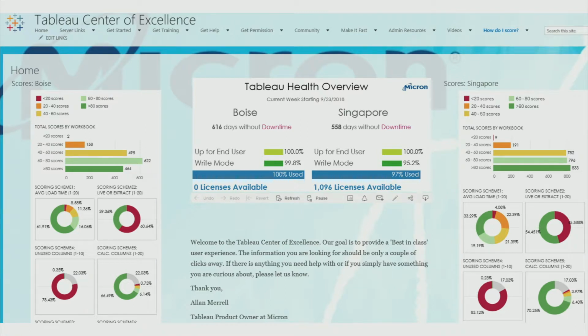We talked about building confidence in your platform right from the COE. We've had over 616 days of continuous uptime on our Boise server. That means that my data is always going to be there when I need it. We love advertising that right on the front page. It's ready, it's available, it hasn't been down in a very long time. All right, also,